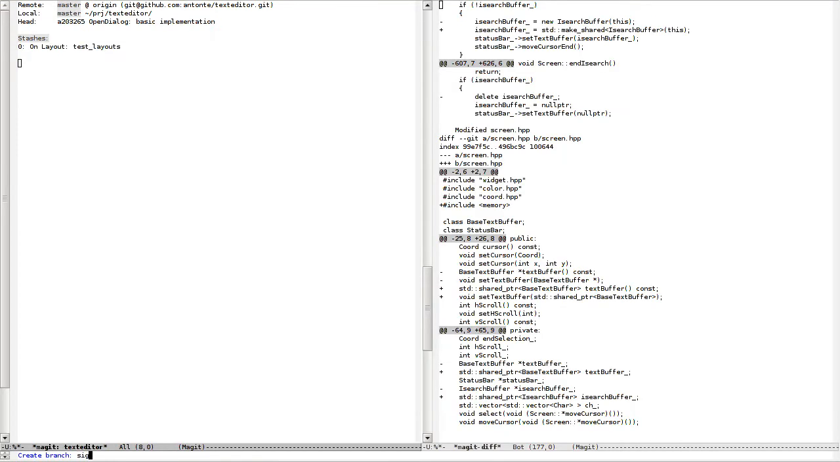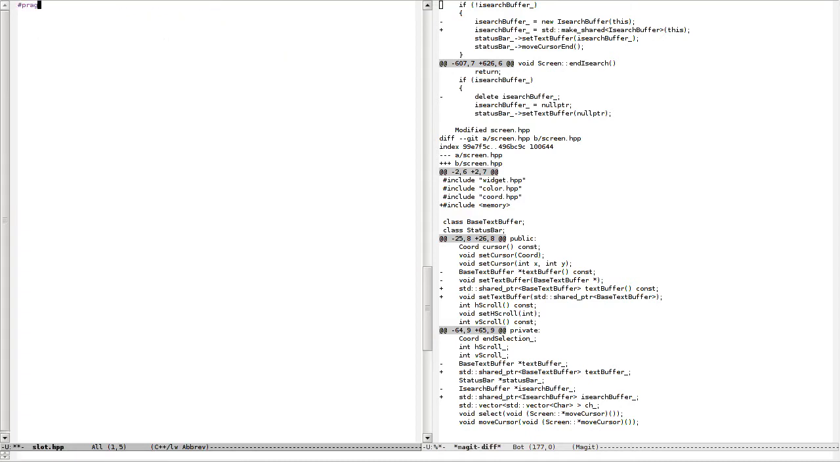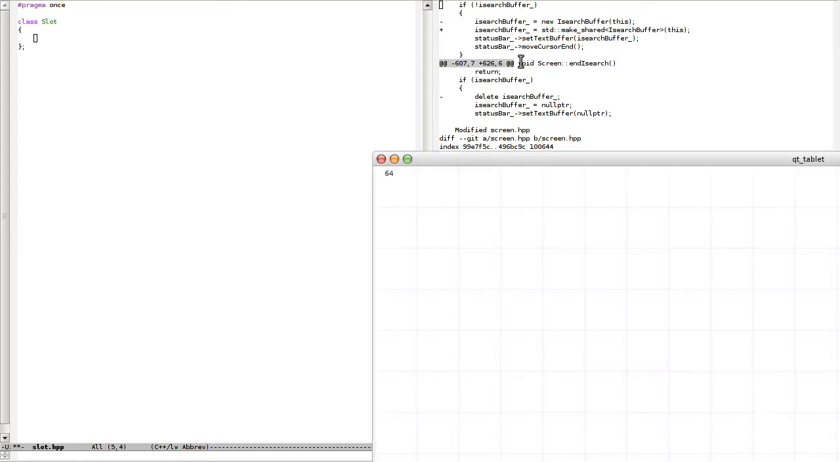new SignalSlots of master. SignalSlot. And what are we going to have? We are going to have full file. So slot.hpp. So let's talk about SignalSlot things. How I did resizing